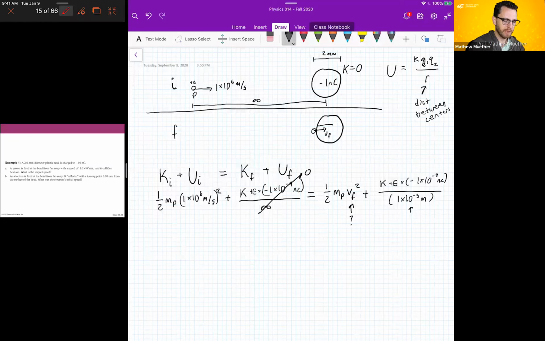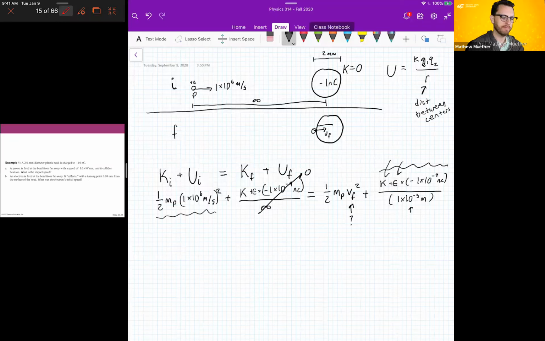Okay. And now we have a nice expression that I can use to solve for V final, right? All I need to do, I'll leave the algebra up to you. Everything here is known. I can look up the fundamental charge. I can look up K. I can calculate this value. Same thing with this bit. I can look up the mass of the proton, and then all I have to do is solve for V